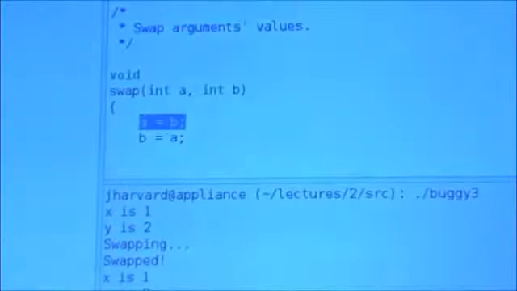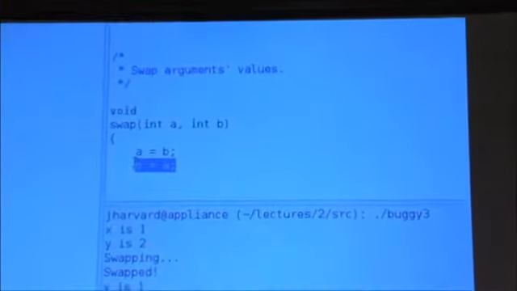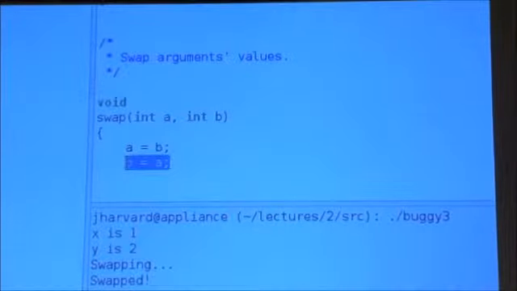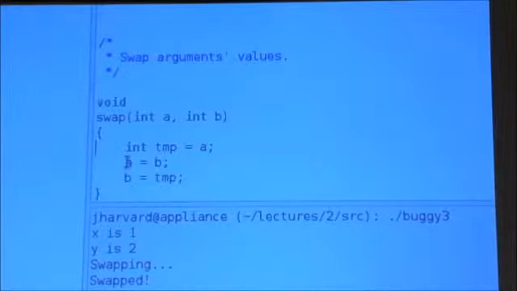So it's b, right? Order of operations: if on the first line you put the value of b in a, and then you put the value of a in b, well, that means that b's value, whatever it is now, is in both of those variables. So what's the solution? Well, you introduce what we'll call a temporary variable.